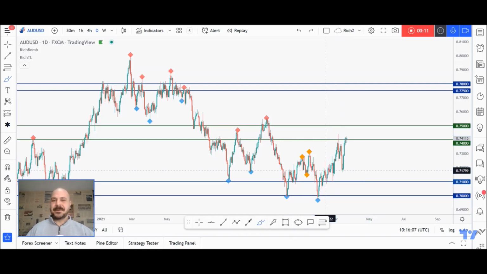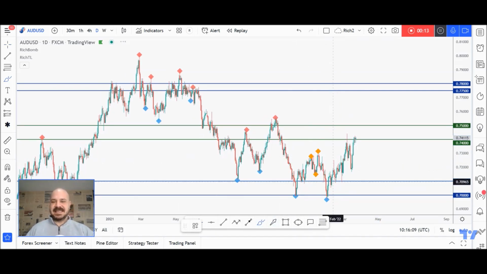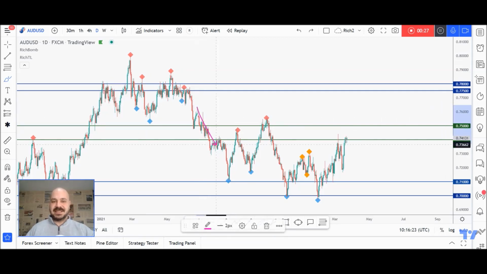So let's get started. As we clearly see, AUDUSD has been overall bullish for a while, making higher highs and higher lows. However, it's currently approaching a very strong resistance area. It was acting as resistance previously, then price broke it upward, became support, then price broke it downward, became resistance, and since price is now approaching it from the downside, we'll be looking for sell setups as this zone is